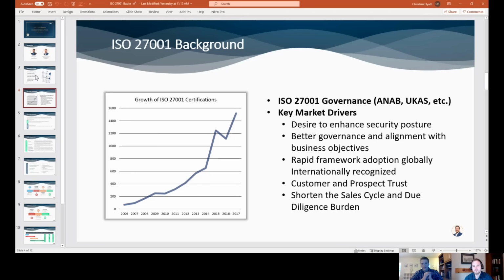Yeah, I have several clients who deal with a pretty big due diligence burden from their prospects and clients. One in particular is in the banking industry. These banks are just constantly asking security questions. They're even sending auditors on site. And ISO 27001 is really table stakes for those guys. There's a lot of those banks that simply wouldn't do business with my client if they didn't have that certification.